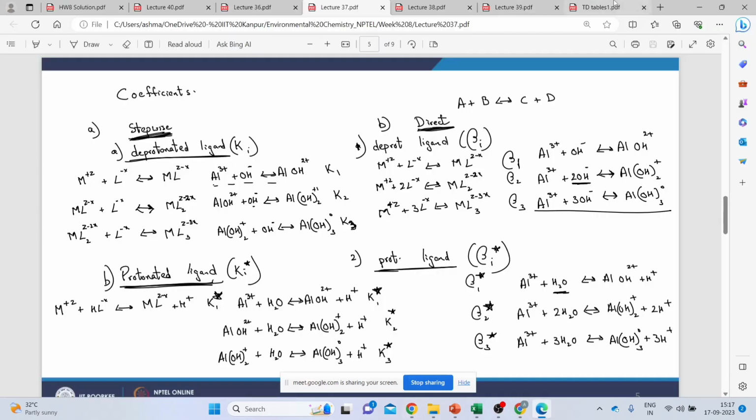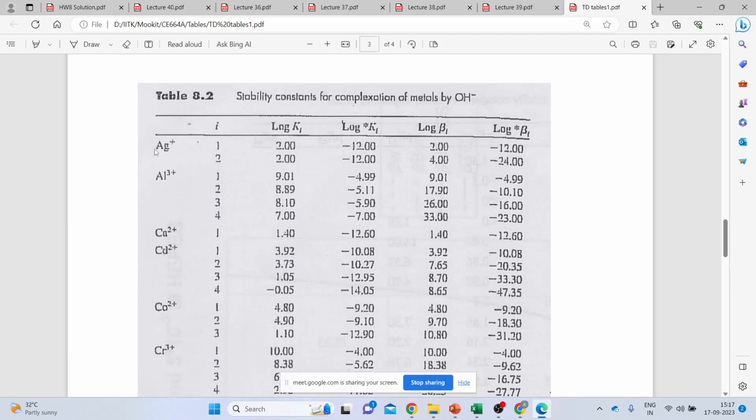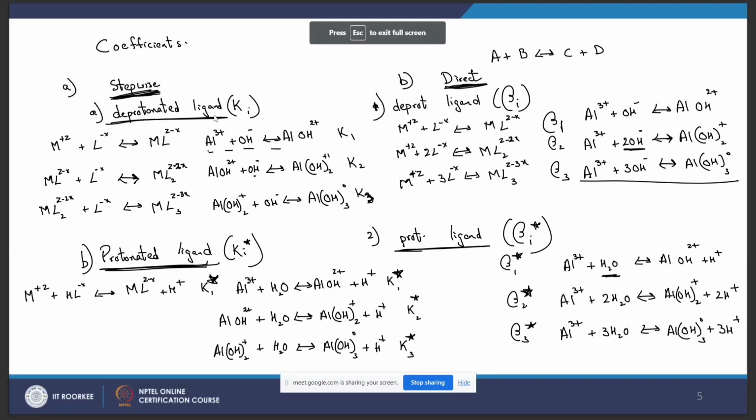So this is the table in which the central metal is given, and I is the number of stable complexes which this metal can form, along with the values, that is log K star, log beta and log beta star. So in the lecture we have seen that K, the equilibrium constant, is denoted when the ligand is in the deprotonated form. Suppose we have the H2O ligand, so its deprotonated form will be OH minus. So when the reaction is in the form of Al3+ plus OH minus gives AlOH 2+,